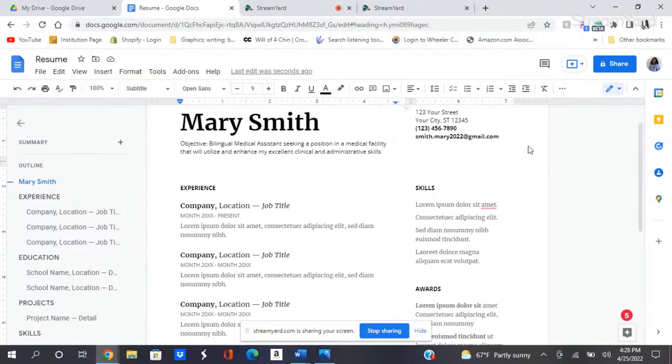And let me just say this, some of these templates that you use, they'll be different. So notice the skills and certificate. We're going to change awards to certification. So notice that's over here. Some of the templates you see may have skills listed first, maybe education. So it doesn't really matter. And I'll be honest,